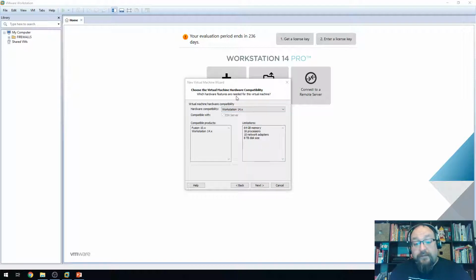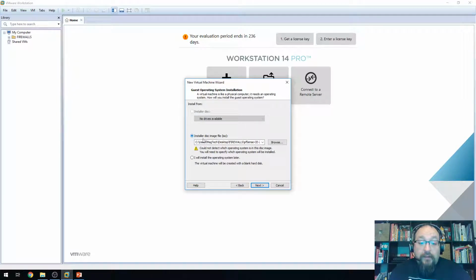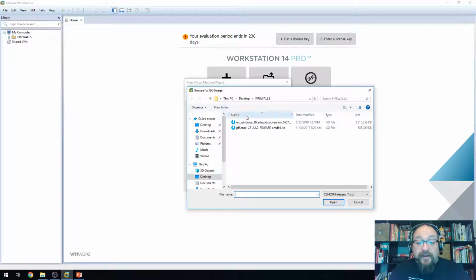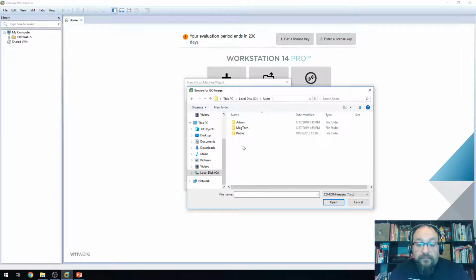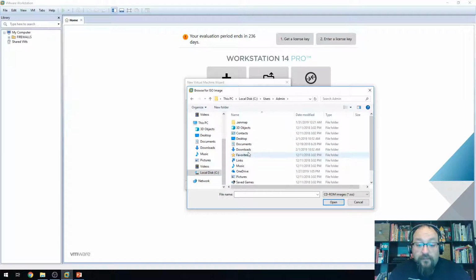For the most part though, if you're planning on keeping it on your laptop, drive space should be a concern for you. Now we'll need to find the ISO that we want to associate with. Now I don't have a physical drive on this laptop, so we'll find our .iso files. And that for me is in a different user account. So I'll just navigate to where I know I put it